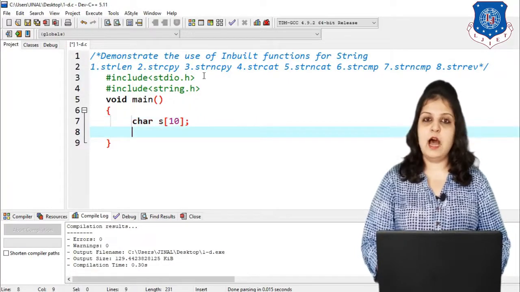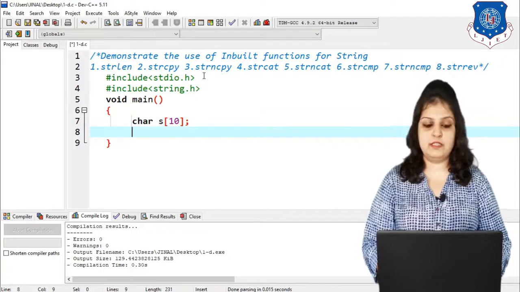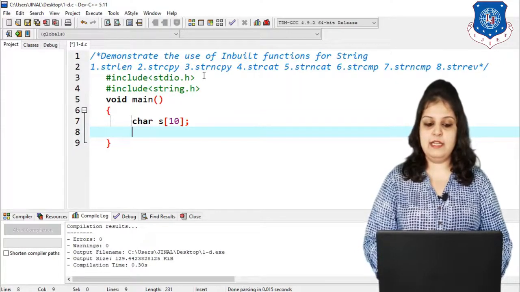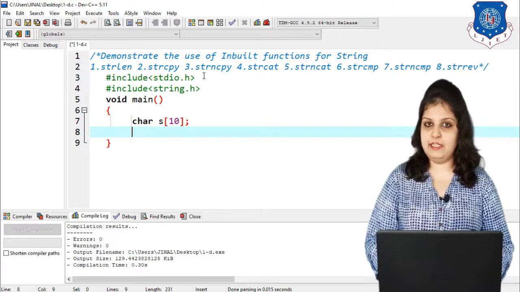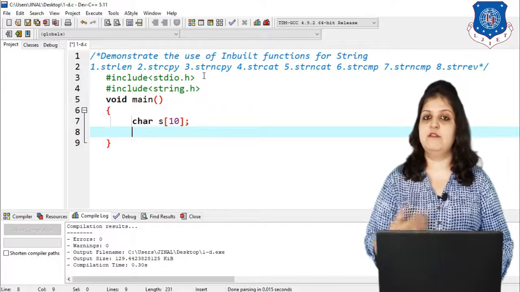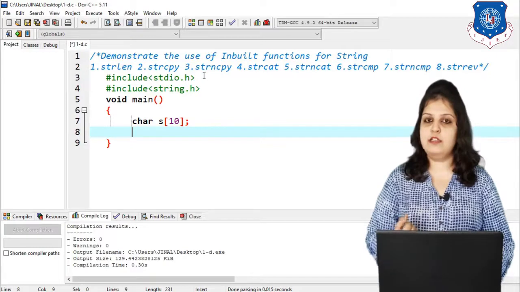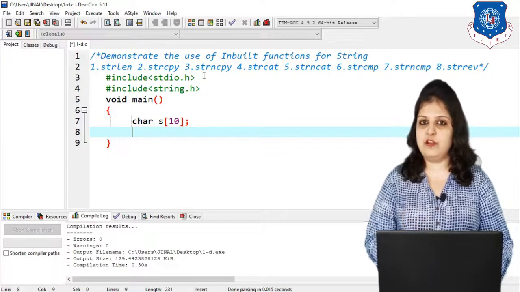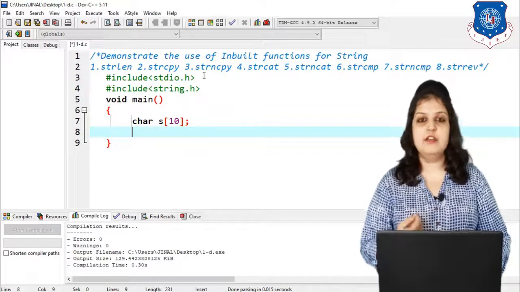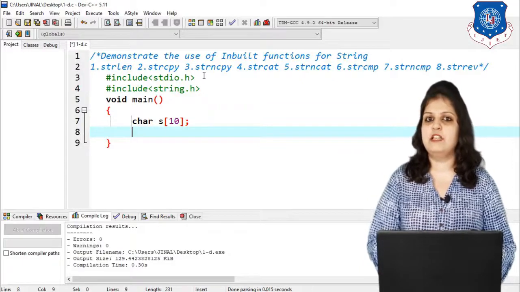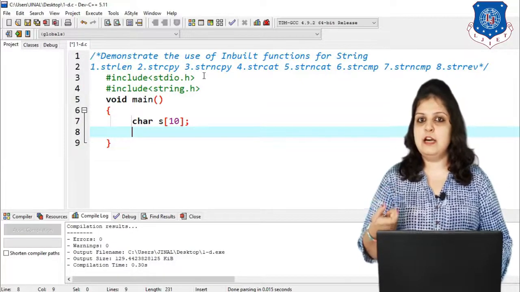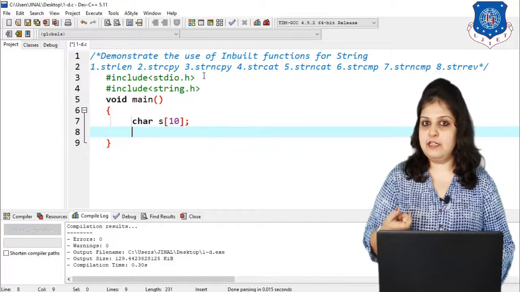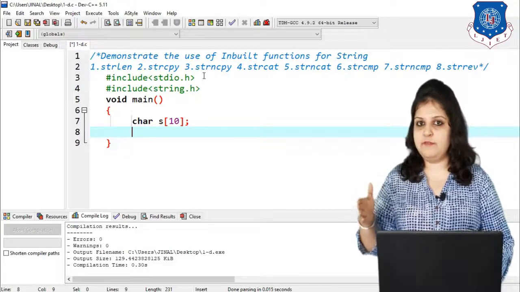Then how can we find the length? First of all, we can directly assign the value of our string, but I am using the gets function, which means input the string from the user. We can also use the scanf function, but the limitation of scanf is that when a space is present in our string, it terminates at the space.